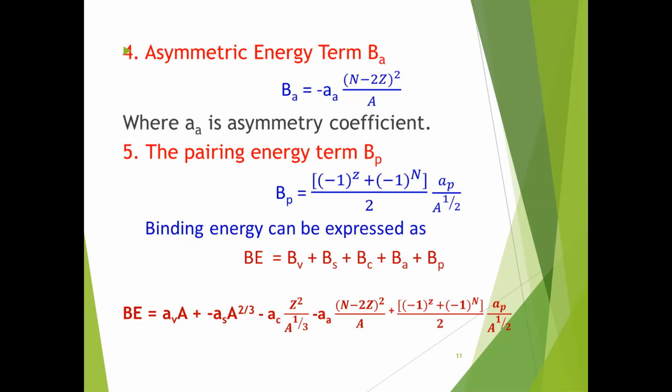This is about the binding energy we express in this term. From this, we can calculate the mass of the atom: M is equal to ZMP plus (A minus Z)MN minus BE by C square. By using BE by C square from this equation, we can calculate the mass of the nucleus. That is called the semi-empirical mass formula.